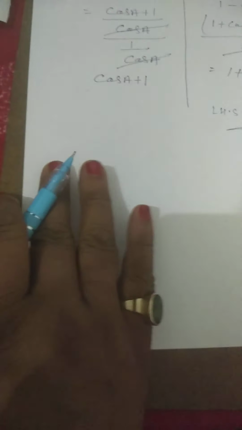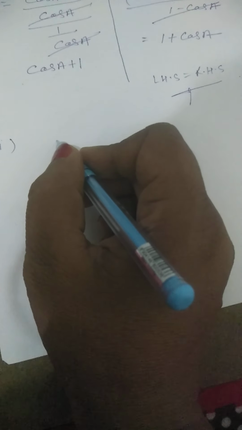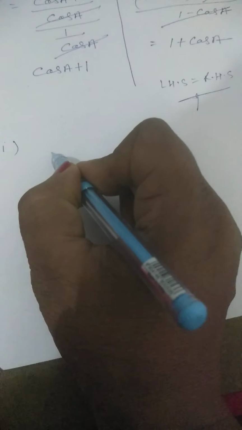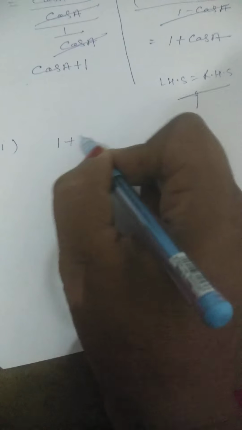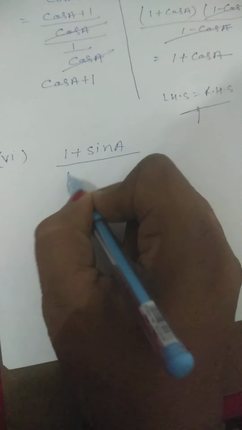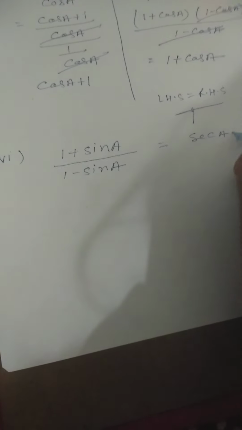Cancel. And for the next question, you can solve it easily. And I will solve the next question, question number 6. Question 5 you just do yourself, otherwise you can ask. Your next question is 1 plus sin A, 1 minus sin A